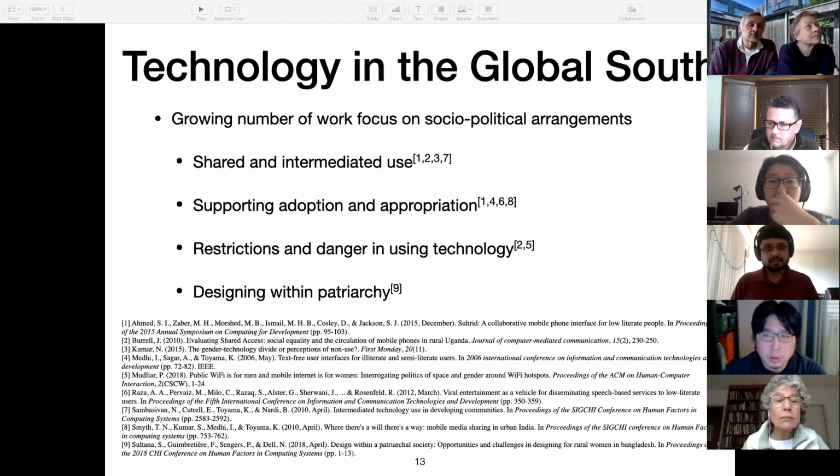Work such as that by Sambasivan et al. and Kumar and Anderson highlight the prominence and value of shared and intermediated use. At the same time, there is restriction and danger associated with use, and in some cases, even with the possession of technology. Now, in this context, we're influenced by Sultana et al.'s argument